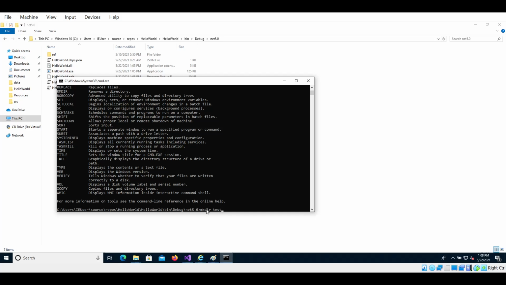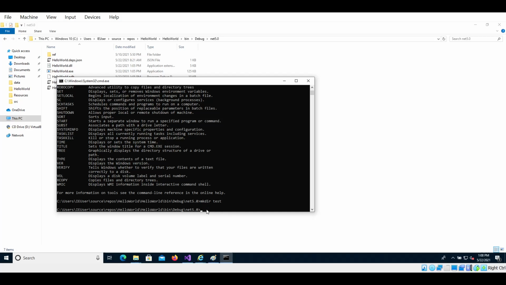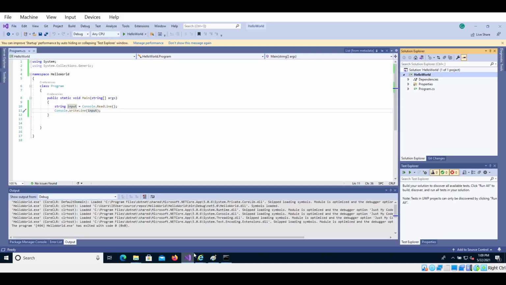But this make directory expects some parameter, and now I created, you can see the folder. How to achieve this in our program, like how to take in some input. Let's say I want to type in hello world and take some input. Okay,